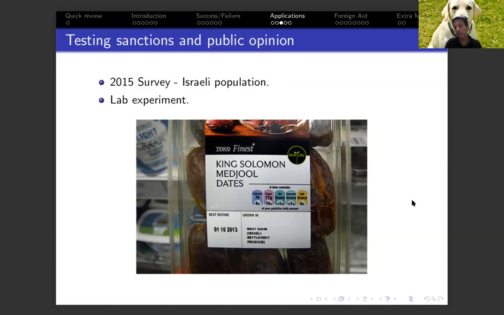And so it's intended to target specifically the manufacturers of those products in those areas which are supported by the government policy, and it's not intended to harm the entire Israeli population. So any kind of product which is being manufactured in Jerusalem or Tel Aviv or any other place in Israel is not part of this sanctions policy. It's just those specific products. As you can see on those kinds of products here, and this is dates, it says right here, grown in West Bank Israeli settlement. And that's the idea behind that.